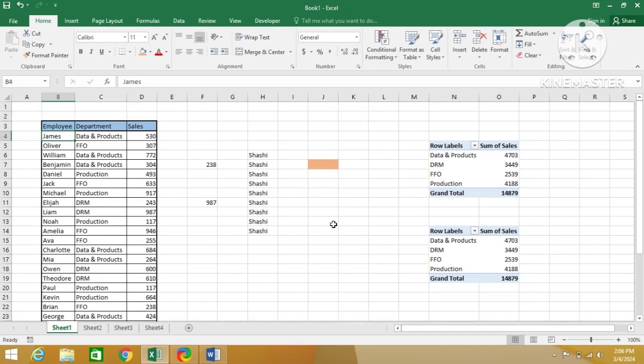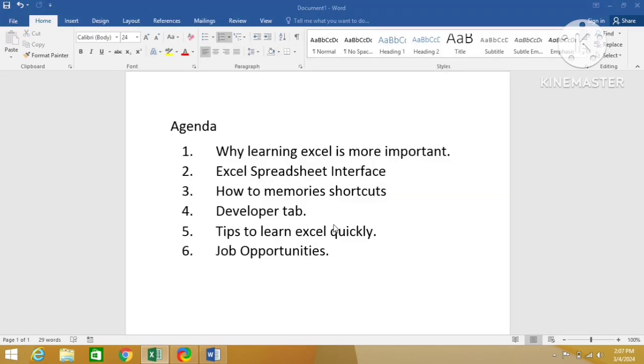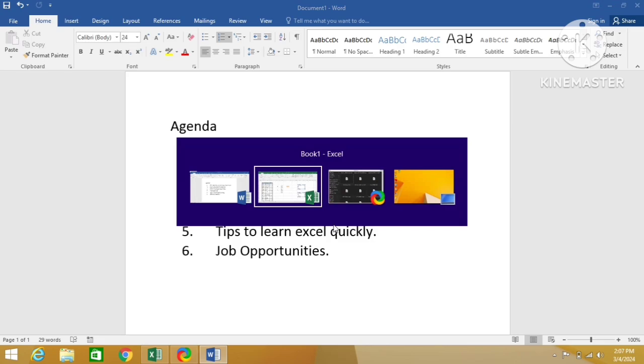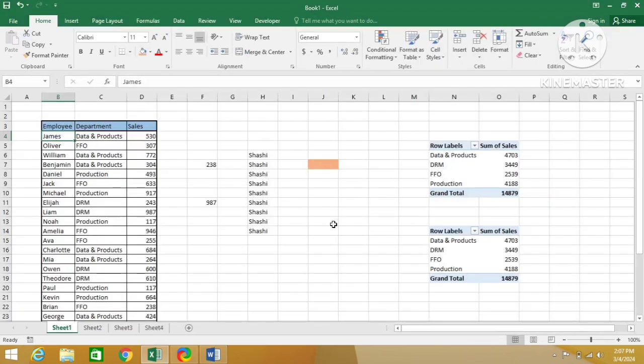So don't ignore Excel, because Excel is the foundation part of everyone's career. Excel is a must, and we need to learn it if we want to feel more confident in our professional career. Okay. And if we go to the second point in our agenda, which is the Excel spreadsheet interface,